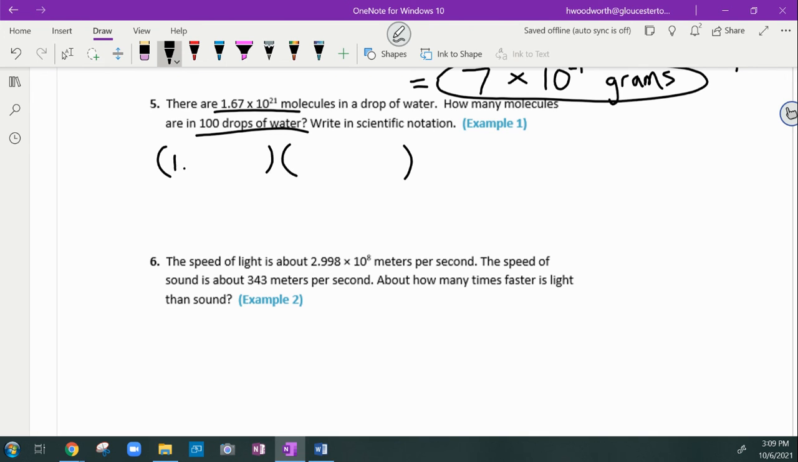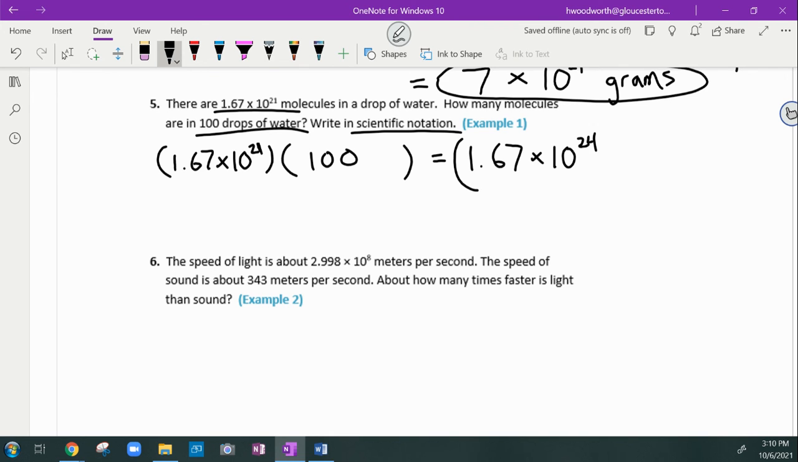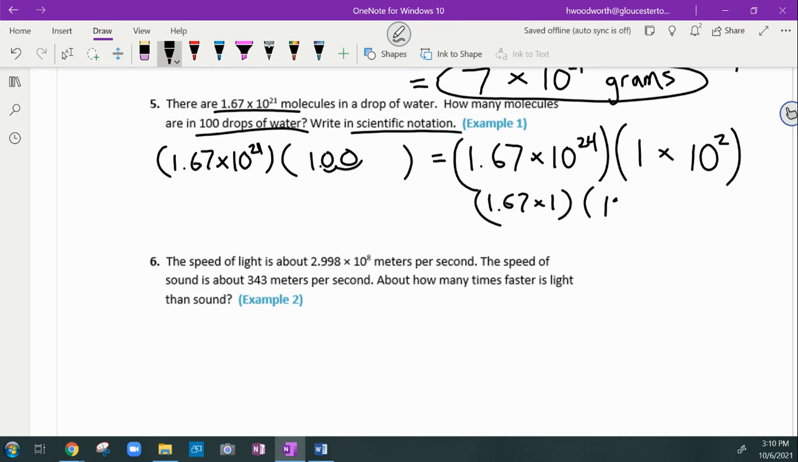And we're going to do 0.67 times 10 to the 21st. And we're going to multiply that by 100. Now, we have to write our answers in scientific, so let's do the problem in scientific. It's not mandatory that you do it like that, but I think it's helpful. So 1 times 10 to the second. Now it's going to be 1.67 times 1 and 10